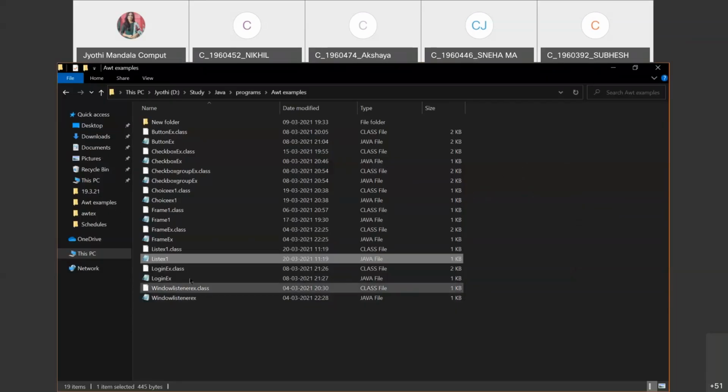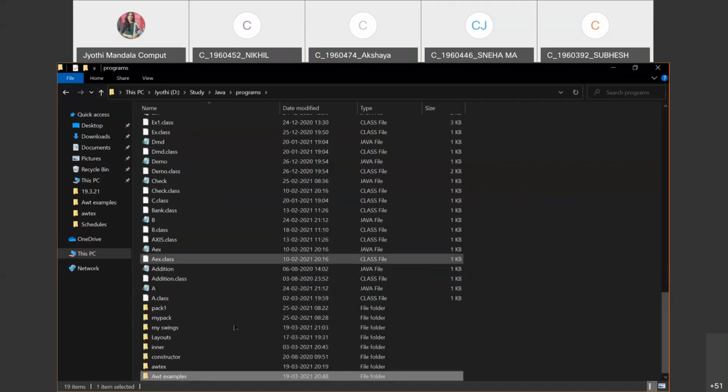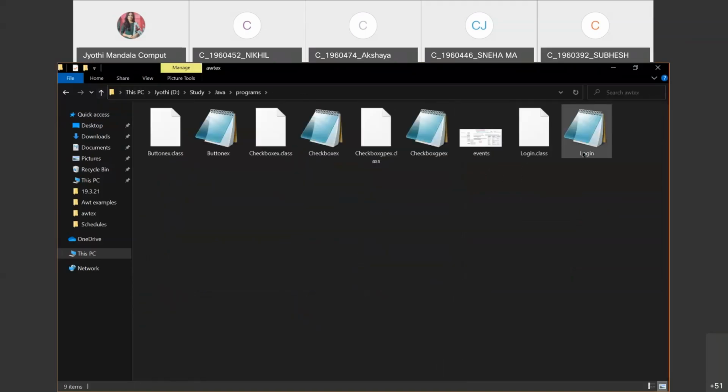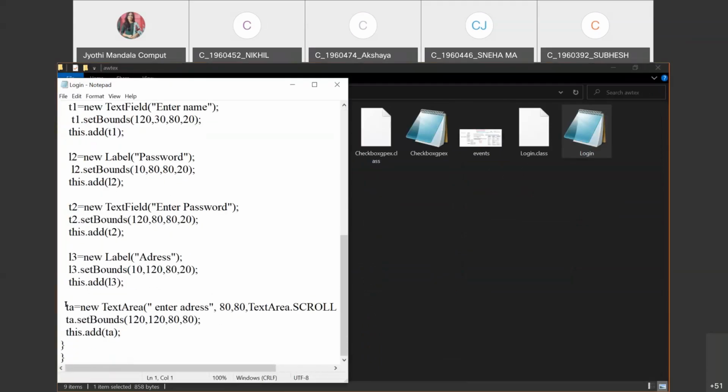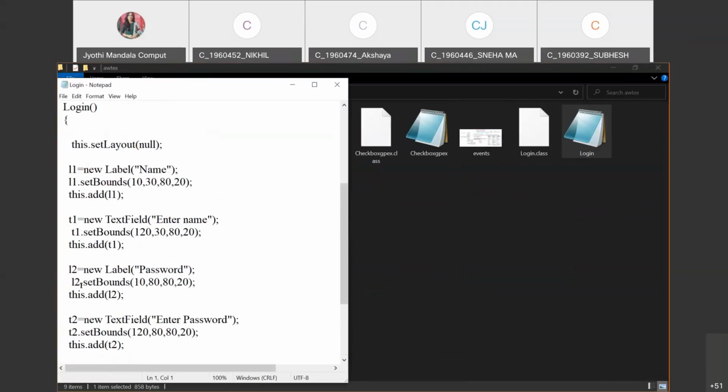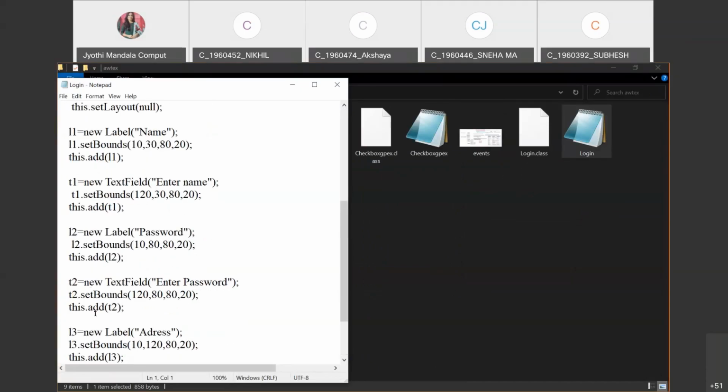I'll show you. I think I have designed one login form somewhere. Yes, you can see here. I have created three text boxes, two text boxes like username and password I have created. And to each text box I have given one label. Why? Because you need to have such a form.